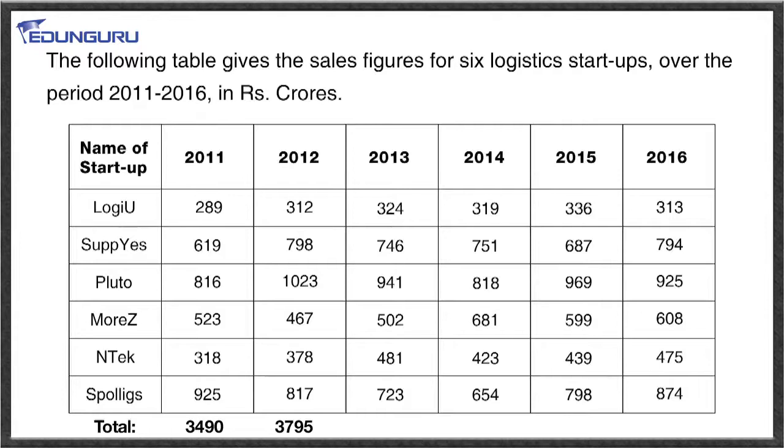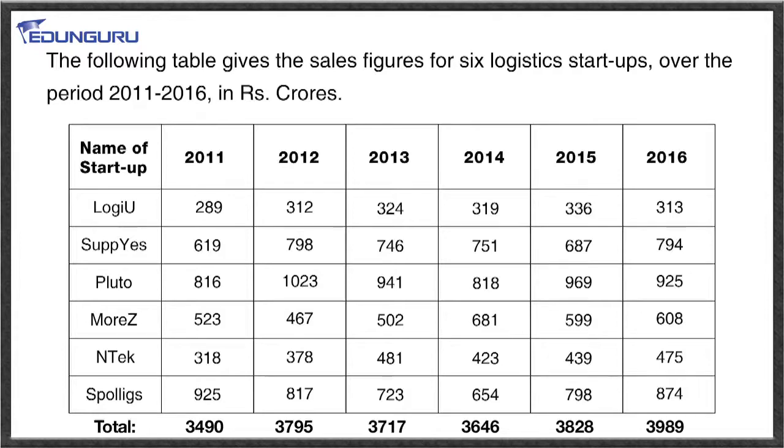Similarly, for 2013, total sales figure comes out to be, on adding the 6 numbers, 3717. 2014, similarly, it comes out to be 3646. 2015, on adding the 6 numbers, you get 3828. And for 2016, you get it to be